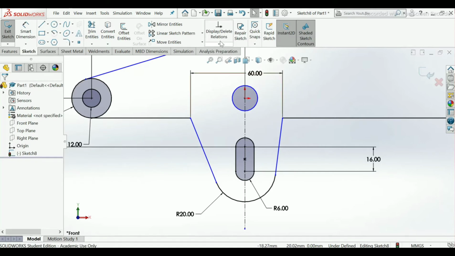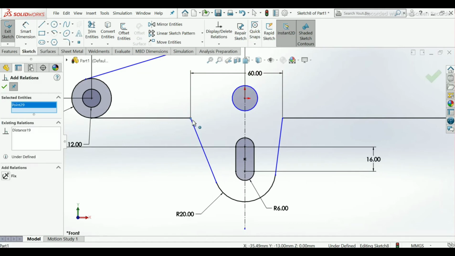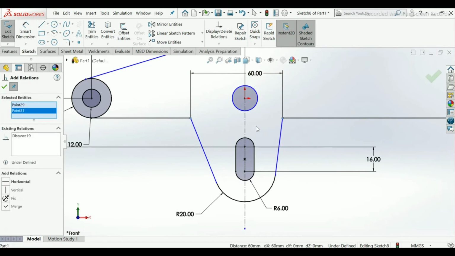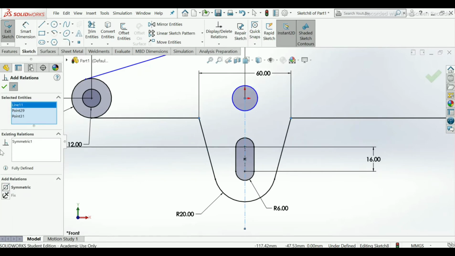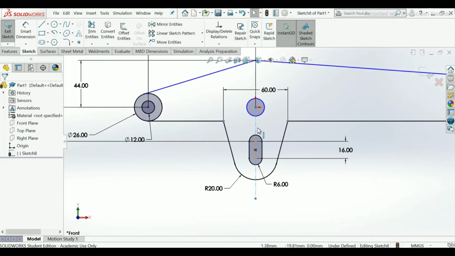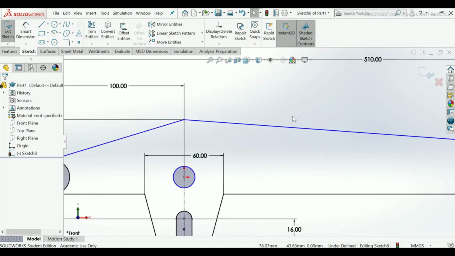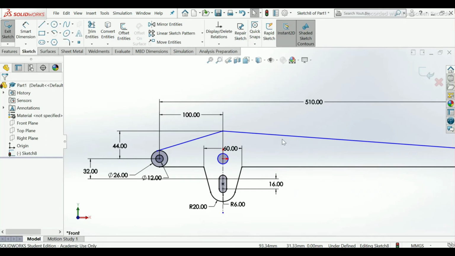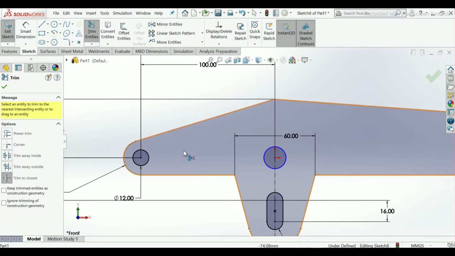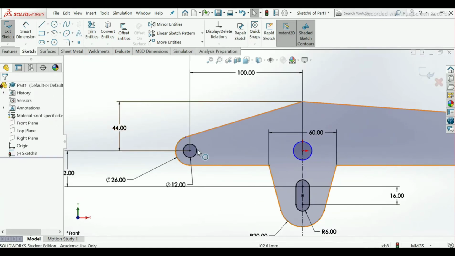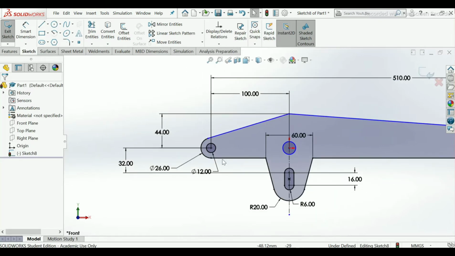Now apply symmetry here, so go to add relation, select this point and this point and this vertical axis, use symmetry. Now use trim again, go to smart dimension again, give this diameter as 9 mm.